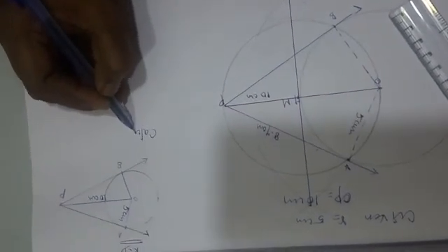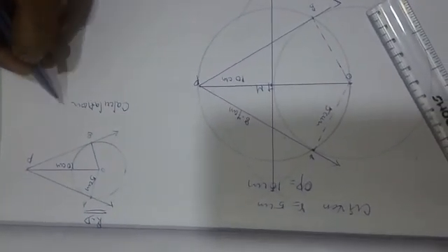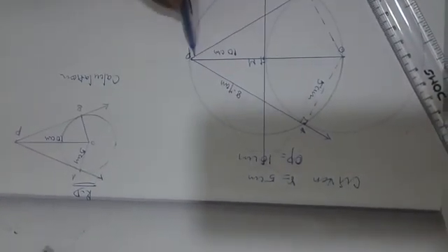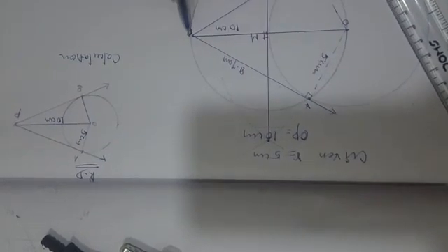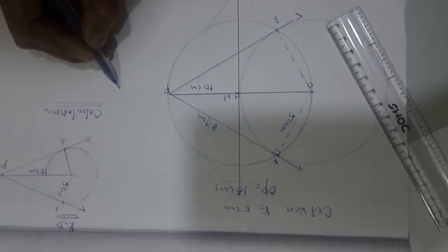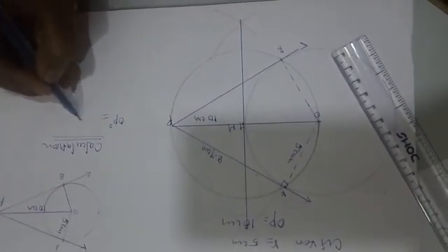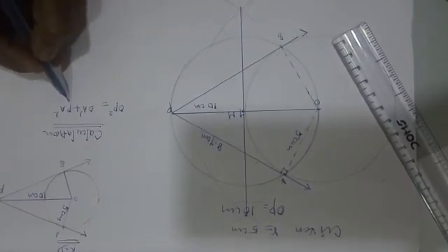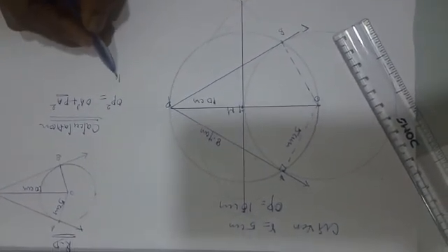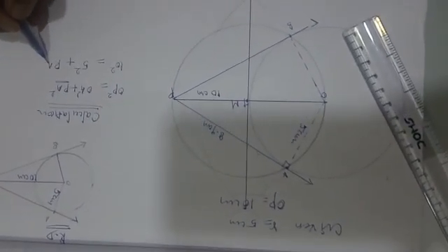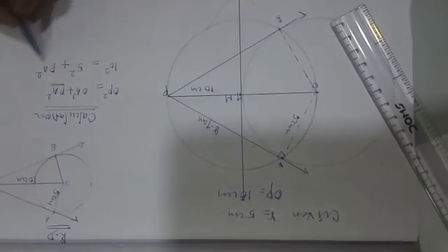That should be verified by a calculation. This is considered as 90 degrees. The side opposite the 90 degree angle is always called the hypotenuse. Now we want to find out PA. How do you find it? In the Pythagoras theorem, OP squared is equal to OA squared plus PA squared. OP is already given, 10 squared, OA is 5 squared, plus PA squared, which we don't know, so we want to find PA squared.